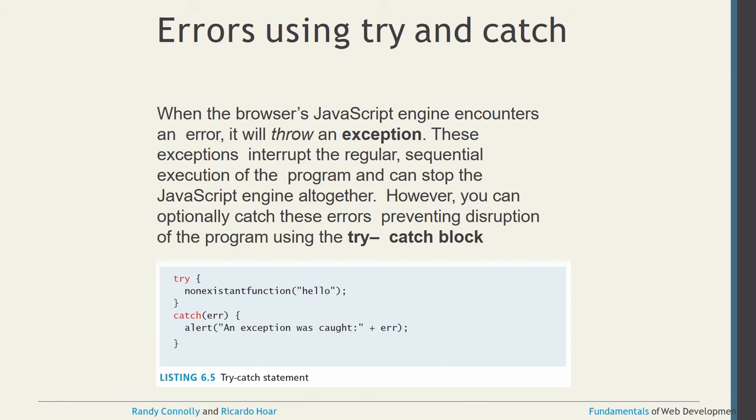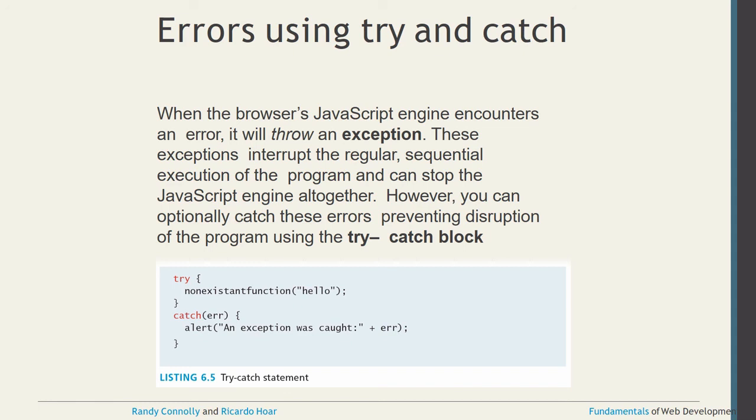Now one more common thing is try and catch. Whenever the browser's JavaScript engine encounters any error, it throws an exception. These exceptions interrupt the regular sequential flow of the program, any kind of error. Got it? If you want to prevent the disturbance of the program, you can use the try and catch block.